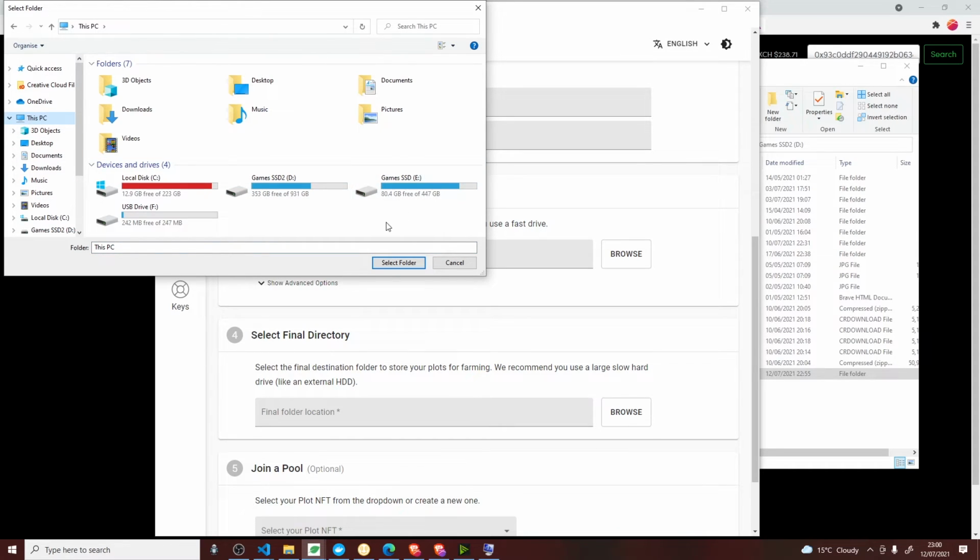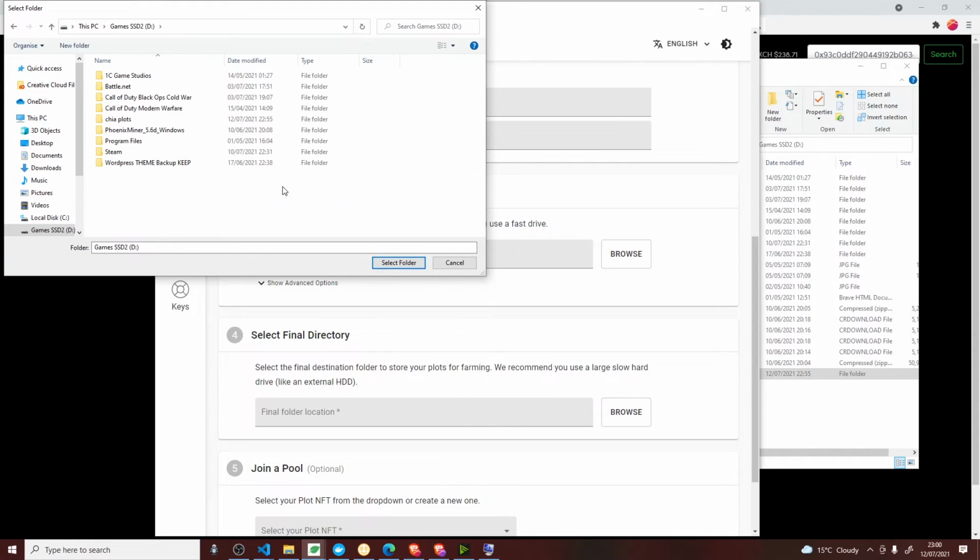This PC, what have I got? I'm going to do it to the same drive if it'll let me. Let's pick D. New folder, Chia temp plot.